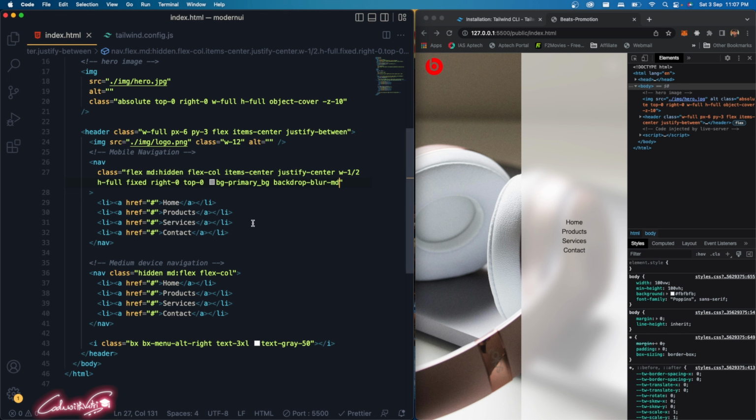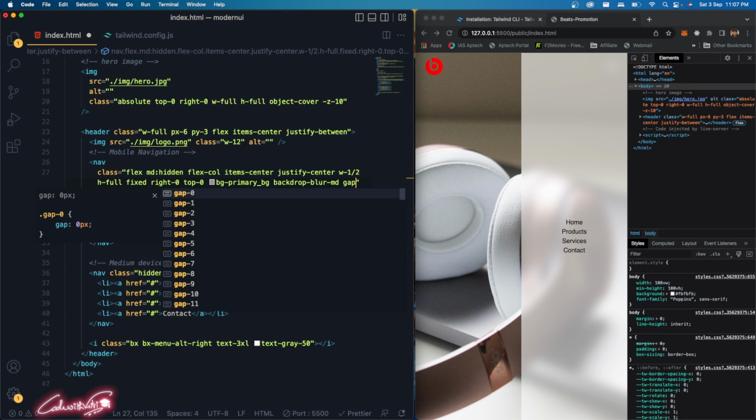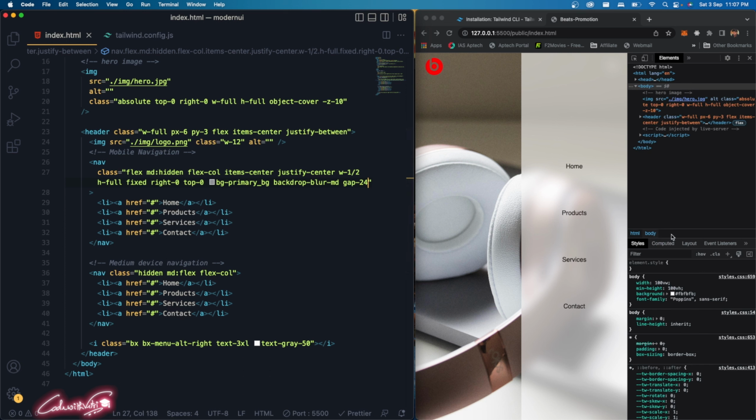Okay, then I need to increase the gap between them. So gap, I'm just going to say 24. Save the changes. I think this much of a gap is more than enough. All right, next I need to bring, when I'm hovering over this, a small line or something underneath. So hold your alt key or option key to create a multi cursor. So place your cursor over here right after your anchor tag, here too,